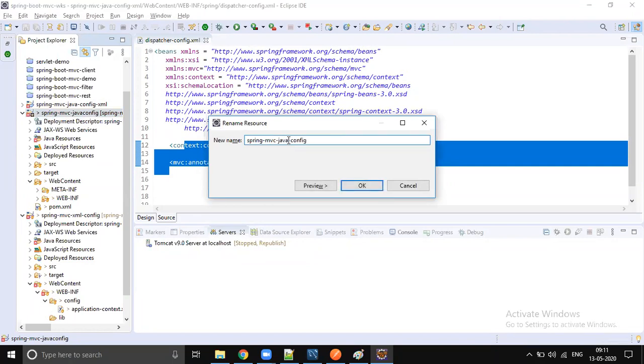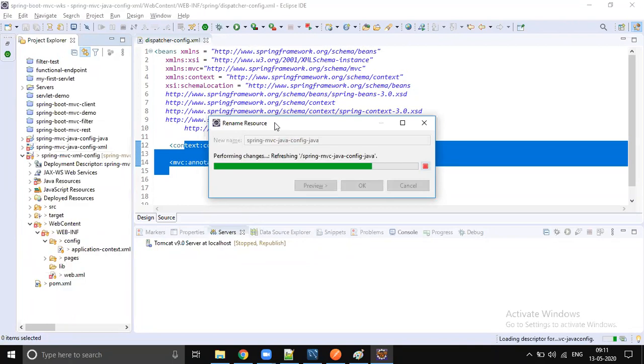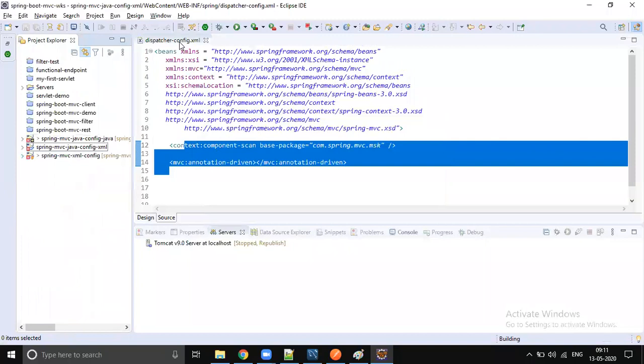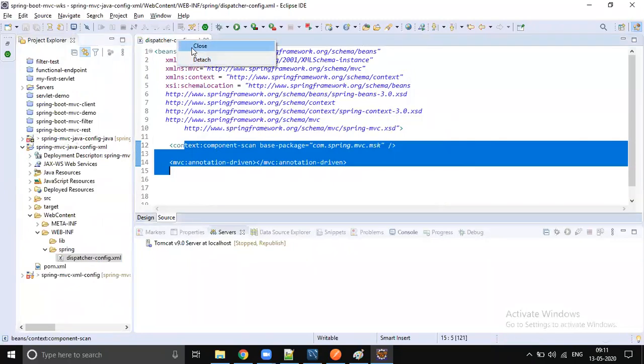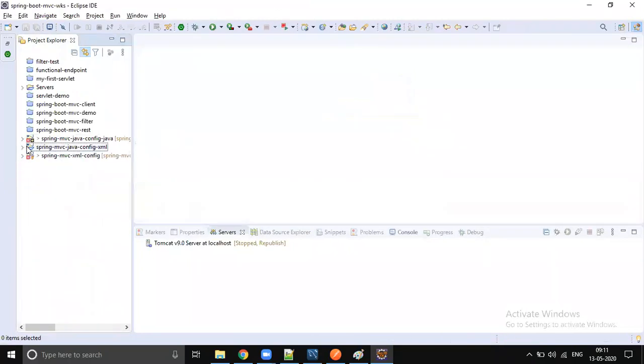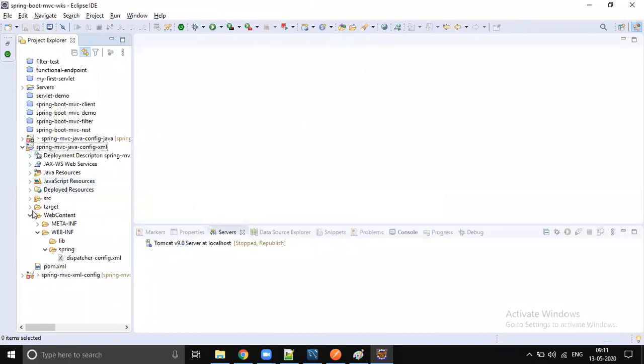The other is Java config-Java, the full Java configuration: the dispatcher servlet configuration is Java, and the Spring configuration is also Java.